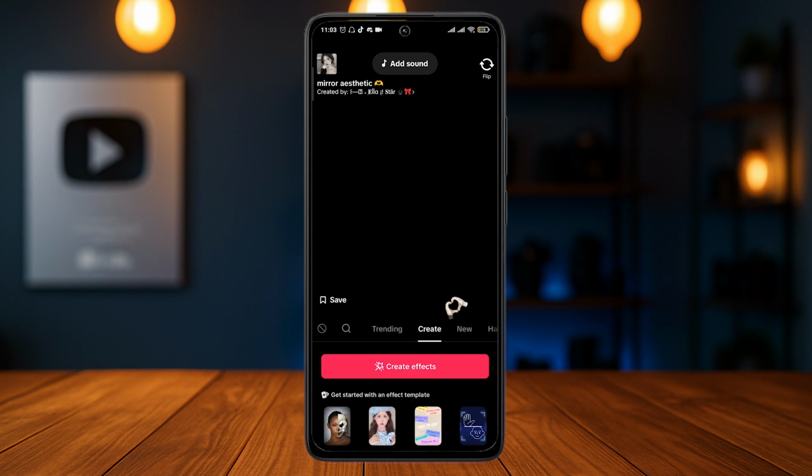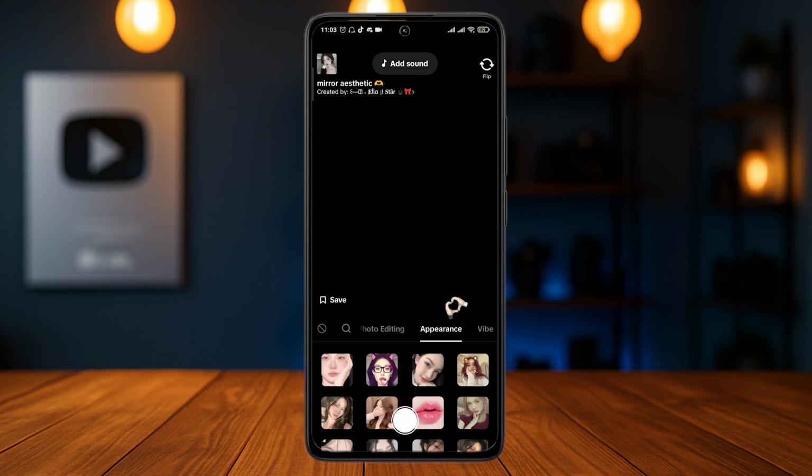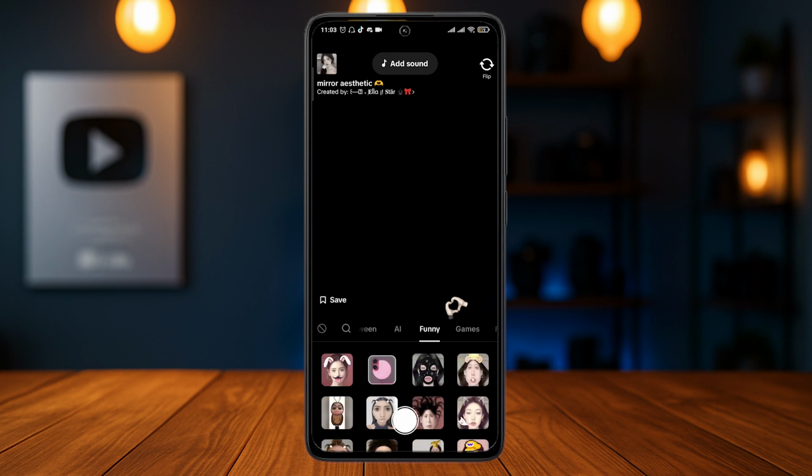You also have the option of creating your own effect. If that is something you want to do, you can take a look at all of these categories that you can add in, the categories of effects. Just tap on the effect that you want to add in, and the effect will be immediately added to the